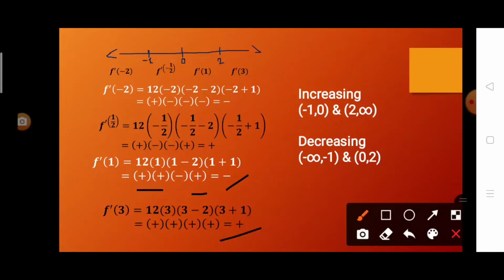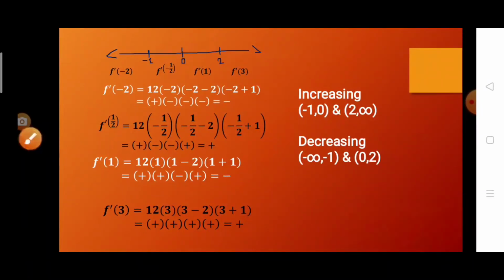So it means that from negative 1 to 0, it is increasing, and from 2 to infinity, it is also increasing. It is decreasing from negative infinity to negative 1, and also decreasing from 0 to 2. So that's all for